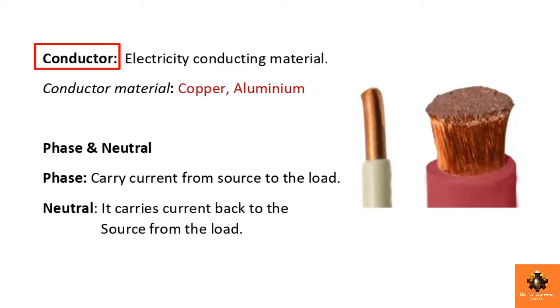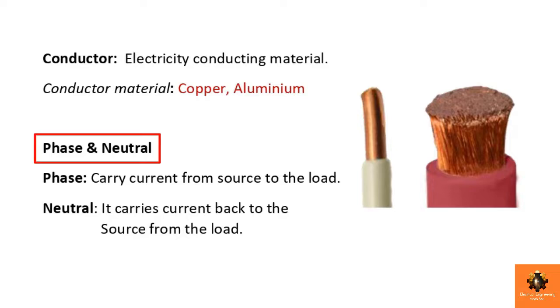Then we can classify the wires as per their conducting materials. Generally, we have many metals that can be used to conduct electricity, but usually only copper and aluminium are used as electrical conductors, because there are many considerations such as weight, cost, efficiency and other factors. So in short, copper and aluminium conductors are used to conduct electricity. Clear?